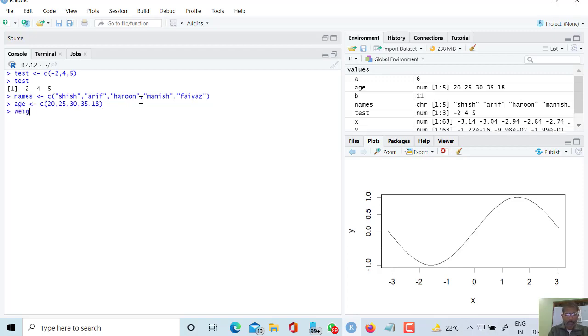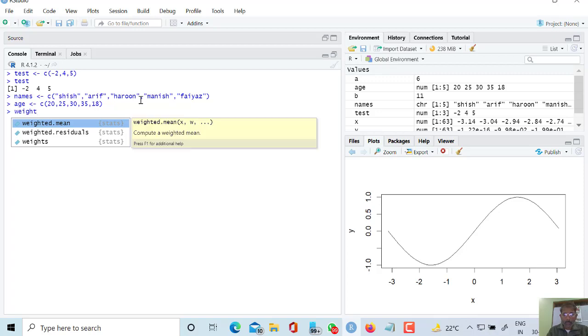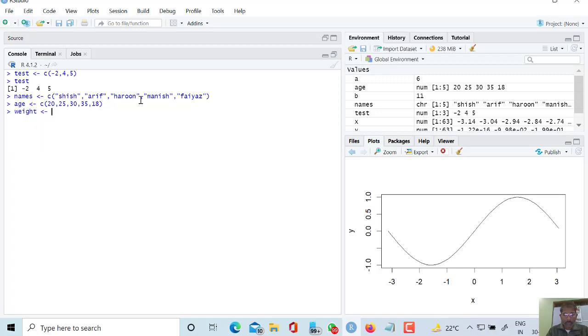Weight. Again, suppose I am writing weight as another variable. Suppose 50 kg, 52 kg, 60 kg, 62 kg, and the last one is 70 kg. Again, height.